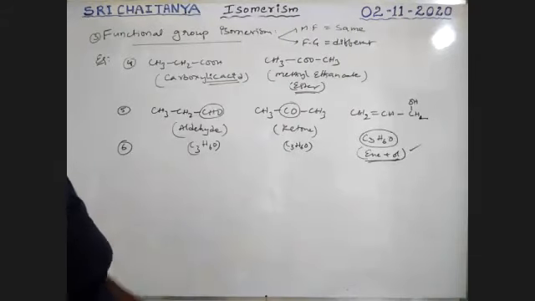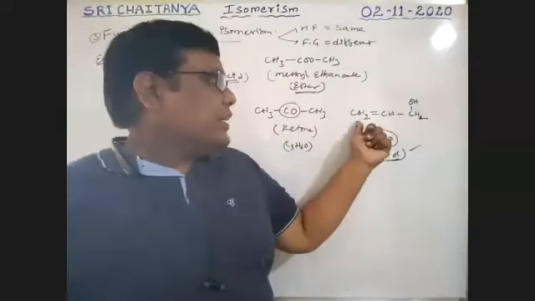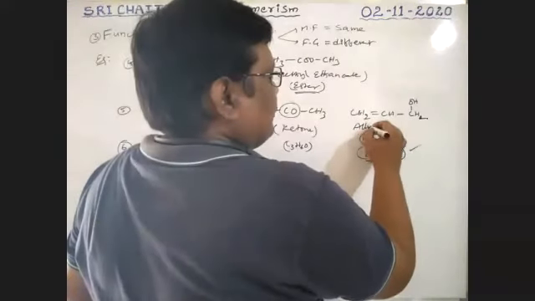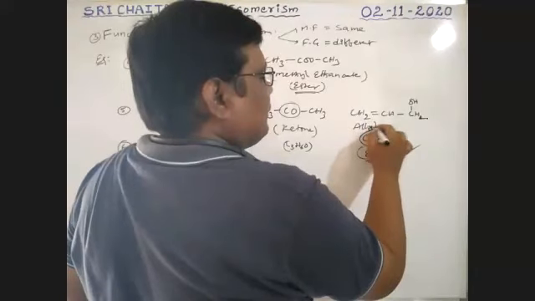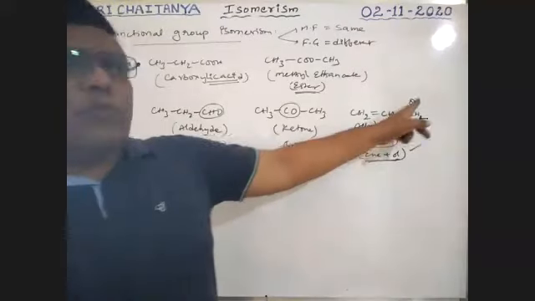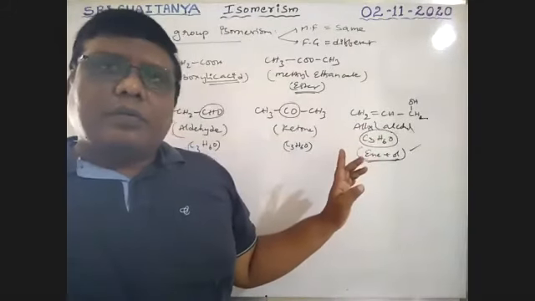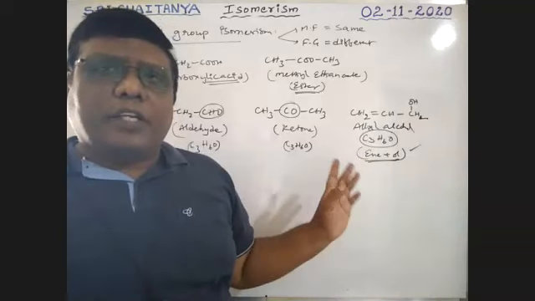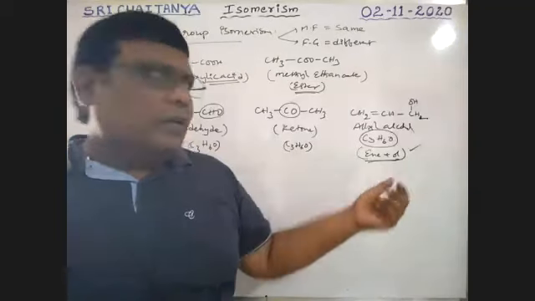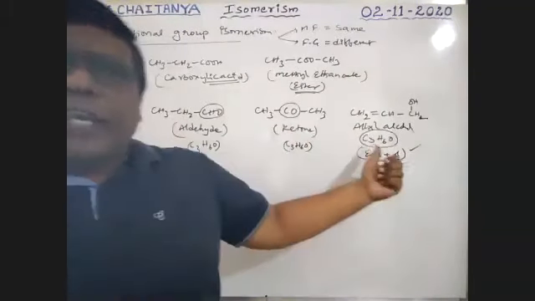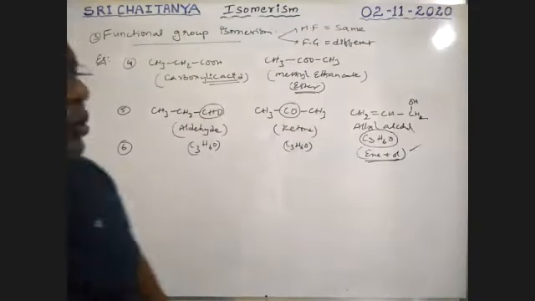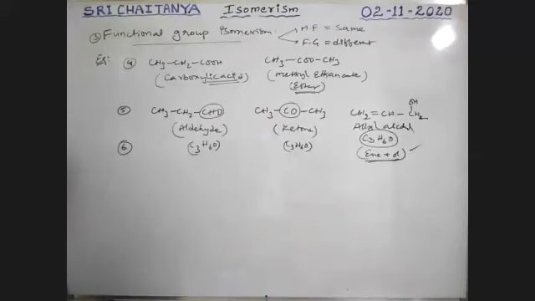It is actually allyl alcohol, because this CH2=CH-CH2 group is called allyl. Allyl alcohol, so that means ene plus OH, an enol. That is also considered a different functional group. So that means aldehydes, ketones, and ene plus ol, that combination, everything is functional isomers because the functional groups are different.